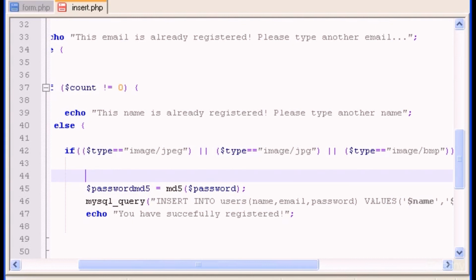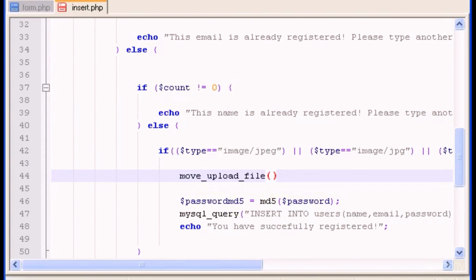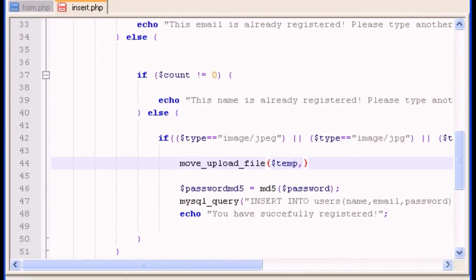upload the file. Okay, now to upload the file, you have to type this little thing here, which is move_uploaded_file, and parentheses, and inside the parentheses you have to type the variable temp, which is the variable that we typed before here, the temporary file, and comma, and here we are going to type where you want the file to be sent to, in your website or in your server. In this case, let's go to our server,